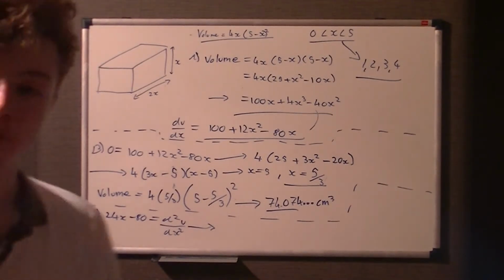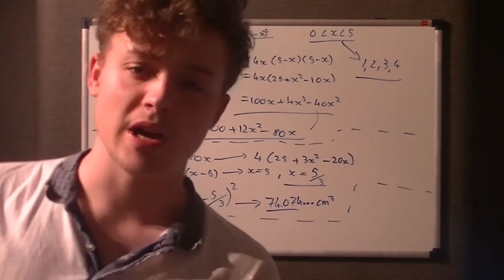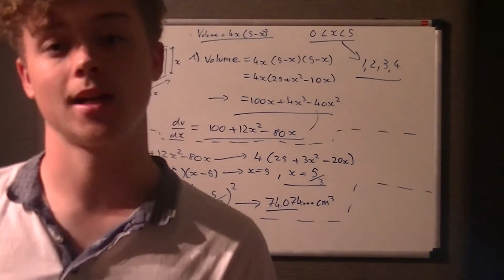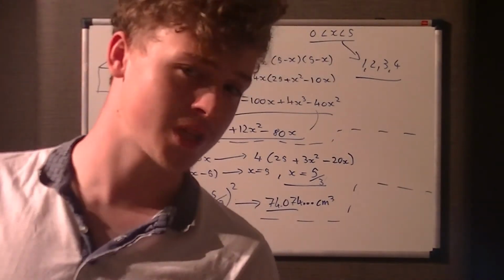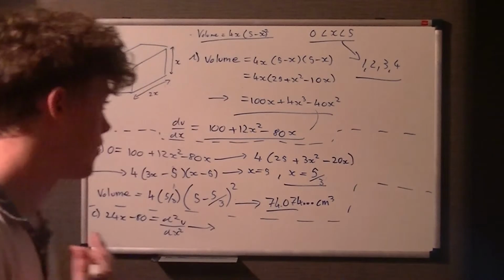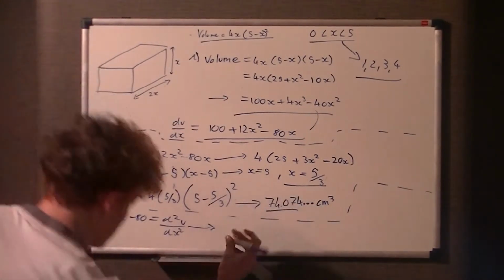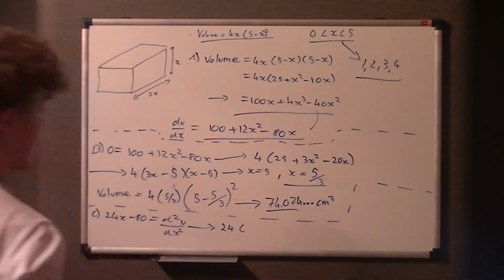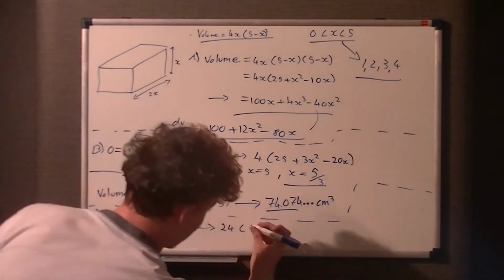Now we said a maximum is going to be a negative value. So if our calculations are right so far, we're going to get a negative answer here, as the question is pretty much telling us that's what we should have. But if you didn't know that, you should have done. So 24, and we're just going to substitute x in. So 24 times our value of x, which is 5 thirds,